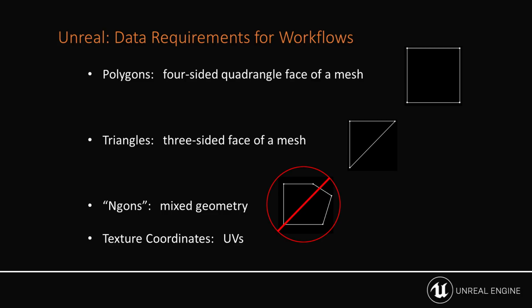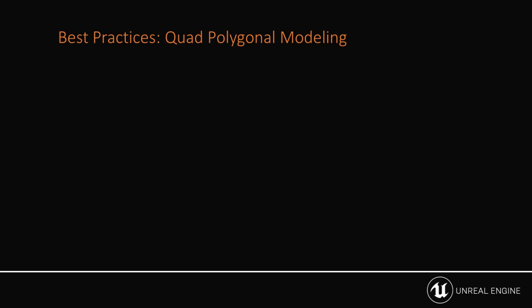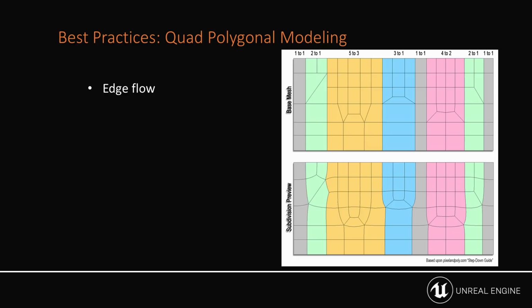And of course, texture coordinates. These are necessary for working with Unreal in a real-time visualization environment. And we're going to see what that's all about here with UVs as well. So, best practices. I mentioned working with quads. Well, why? Quad polygonal modeling allows you to have nice edge flow. So here's a simple image that describes ways of working with edge flow, and why that's important, and it's that it allows us to utilize better modeling tools. So we have better options when it comes to modeling, more tools built around quad polygonal modeling